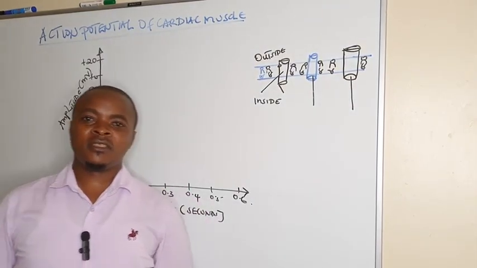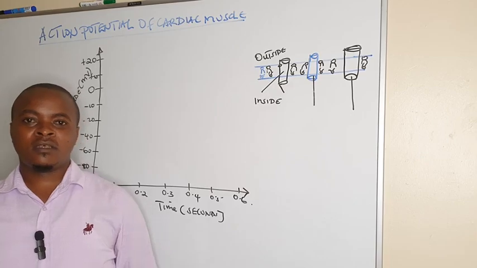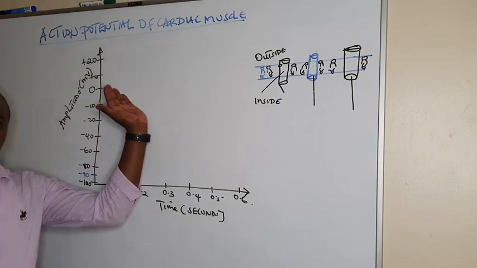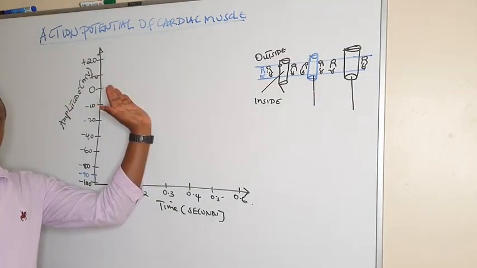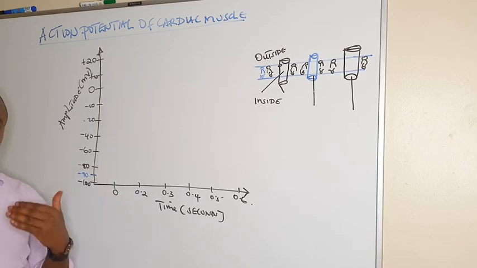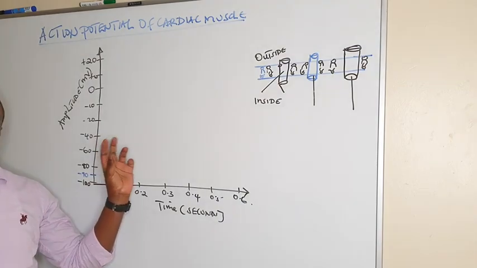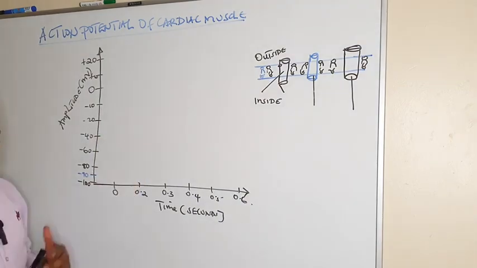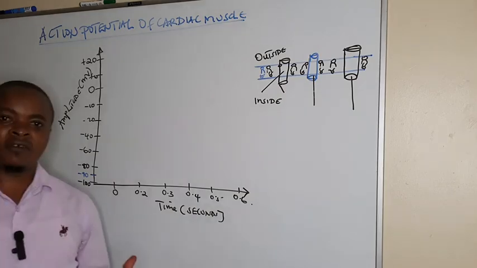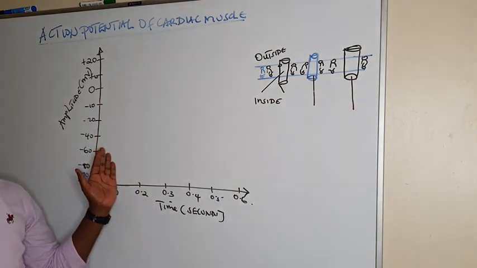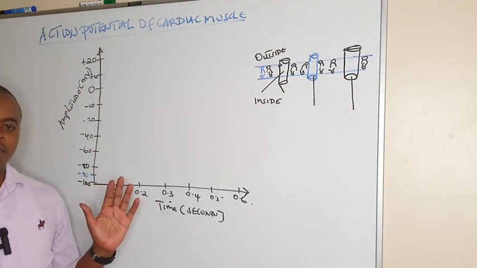In this session at Medical Sciences, I want to discuss with you the action potential of the cardiac muscle. We want to see how contraction is triggered in the cardiac, or what we call the heart muscle. And we know that compared to skeletal and nervous tissue, among the excitable tissues, cardiac action potential takes longer, whereby